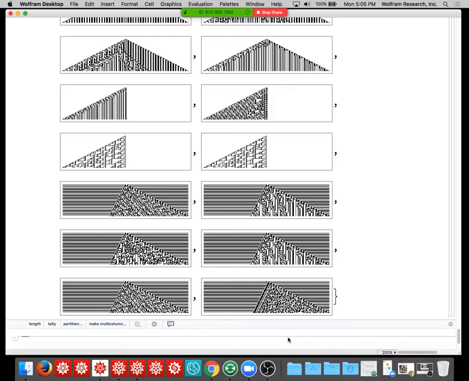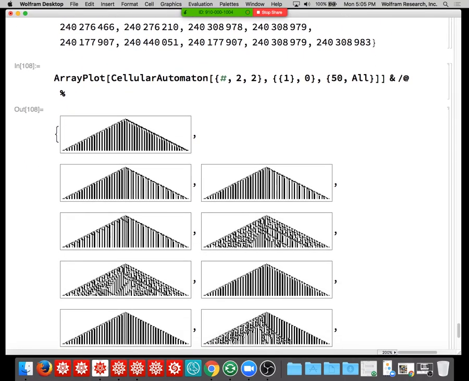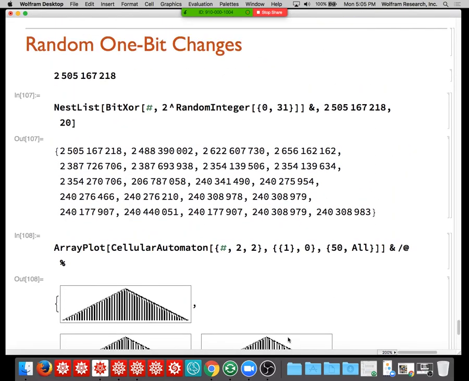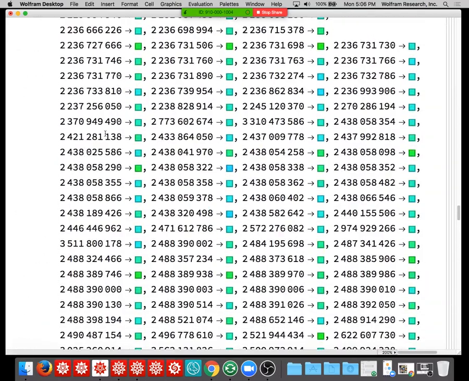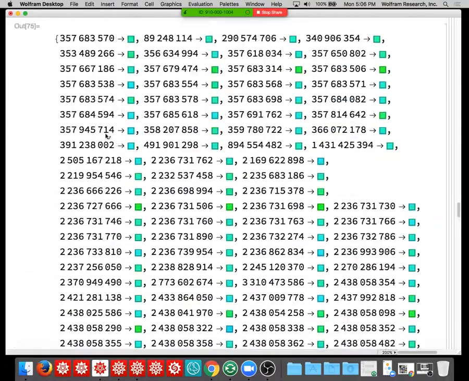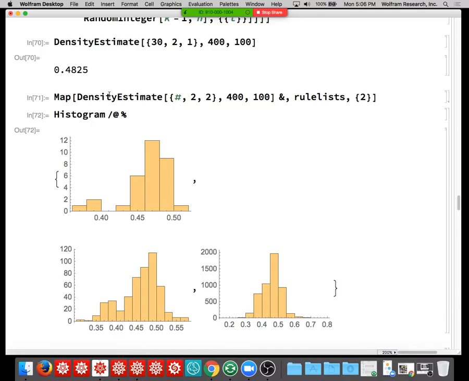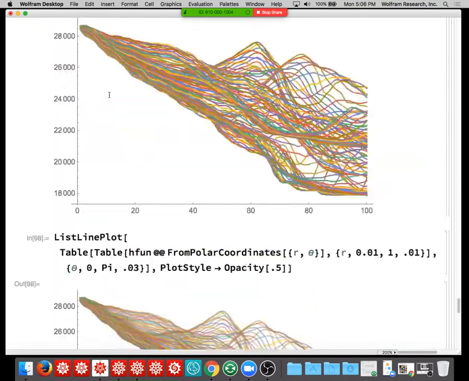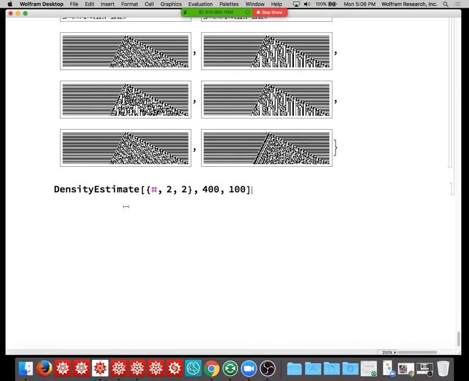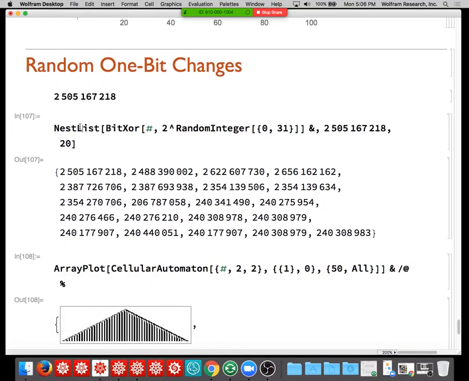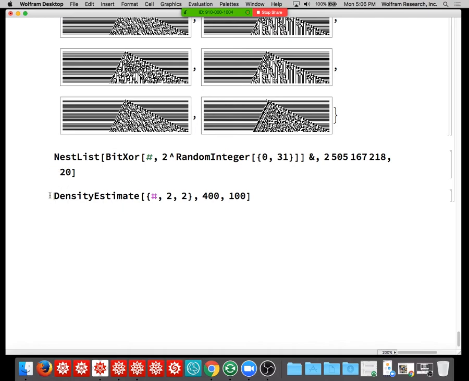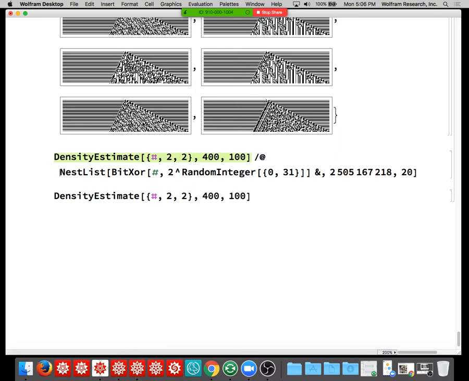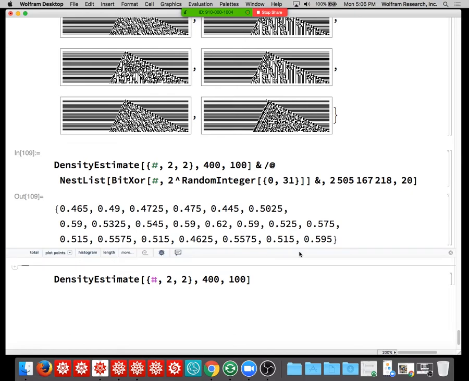So now what we want to do is let's do our density function here. We can do the same thing, but let's compute the density. Let's see, where do we have that? We had that way up here. Where was it? There we go. We say density estimate, and then we just had something like this. Okay, so now we say down here, for one of these sequences, we'll make a sequence of random rules, and then we'll make a density estimate for that sequence of random rules. We'll apply that density estimate thing to these,